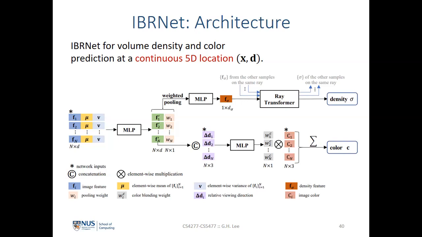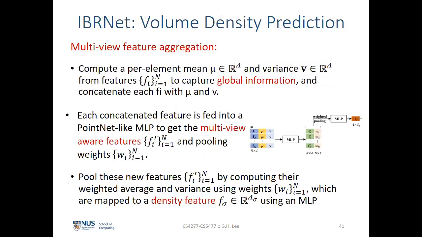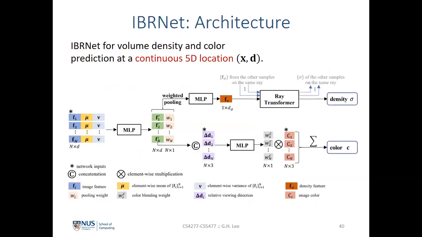IBRNet is also leveraging multiple views. You can see that at the end it is aggregating the colors from the multiple views. But let's look at the detail of every step. First, as I mentioned, given a source view or a target view, you look at the point on the ray, and then you check all the corresponding